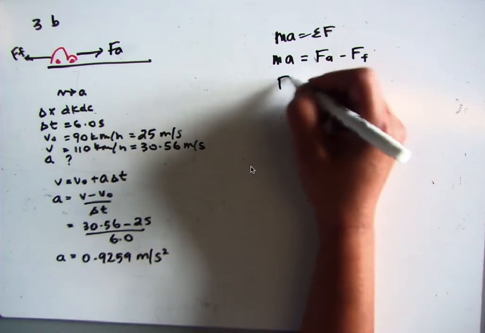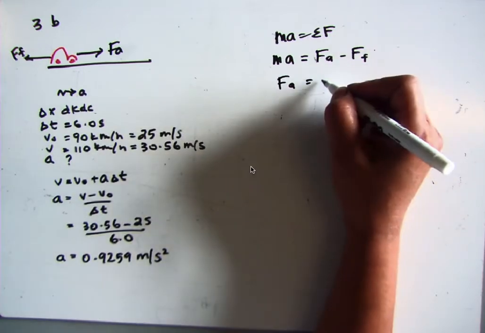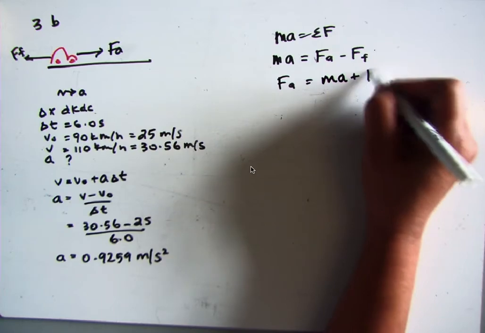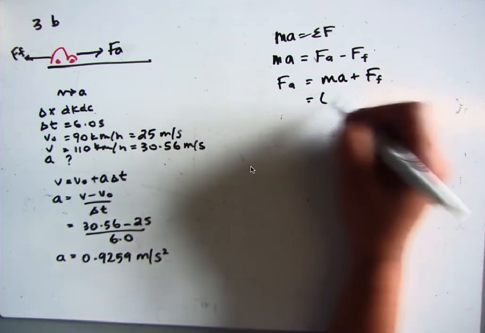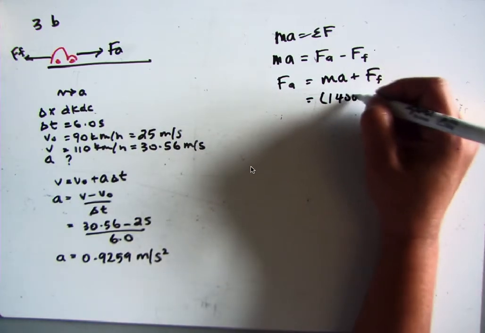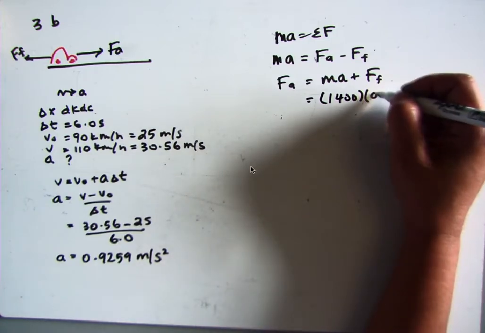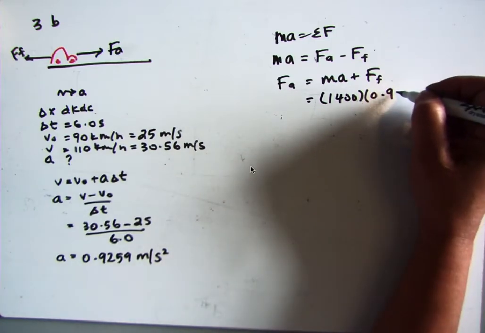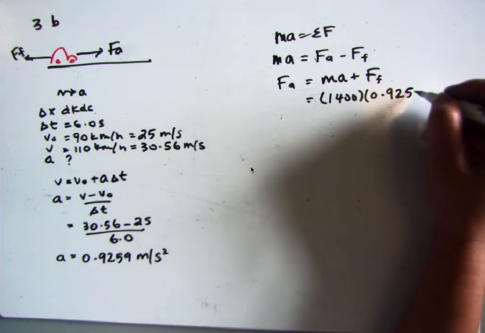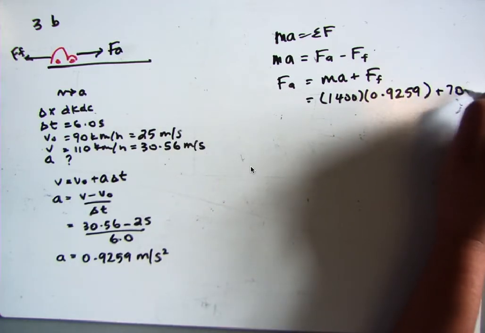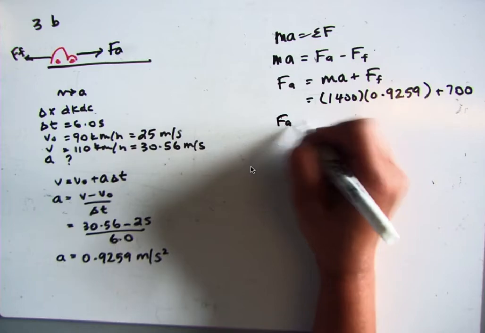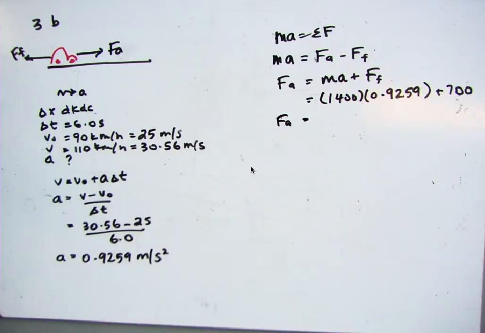So in this case, FA is going to equal MA plus FF. So it's going to equal 1400 times 0.9259 plus 700. So calculating all that, my applied force,